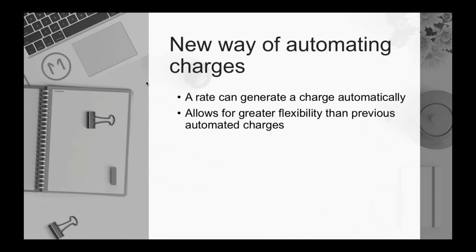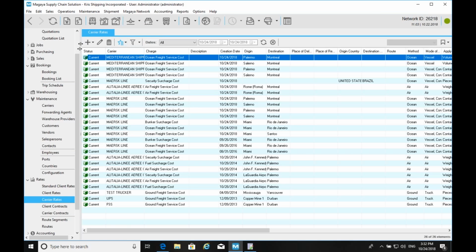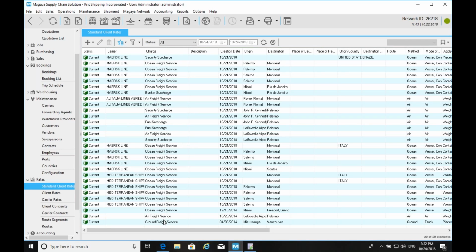Okay, so the way of setting up your automated charges was and still is a little manual if you choose to go from the item or from the customer. But now the rate itself can put the charge on your transaction. So let's say I have here under my carrier rates, or let's go to the standard client rates here, a charge which is a security surcharge.